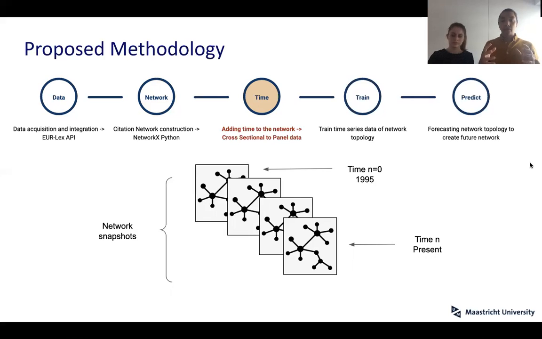and the network already evolved and changed. Then you take another snapshot in time, and so on and so forth till the present time. So you would have these very specific network snapshots of the evolution in time. And for those who are familiarized, we're basically splitting a cross-sectional data into a panel data of networks, the snapshots